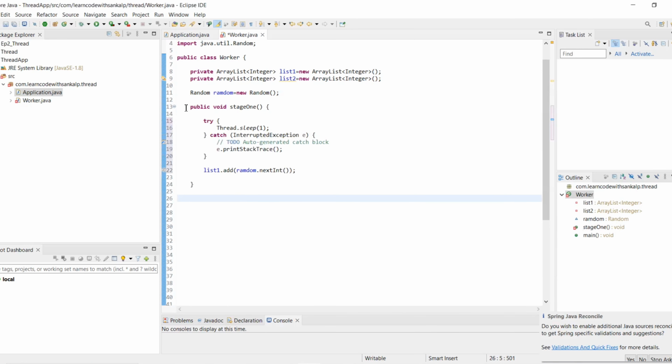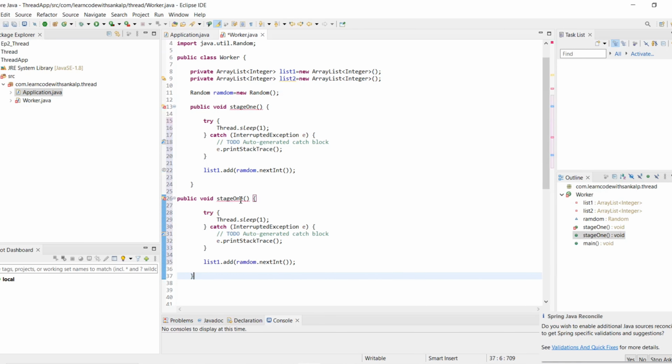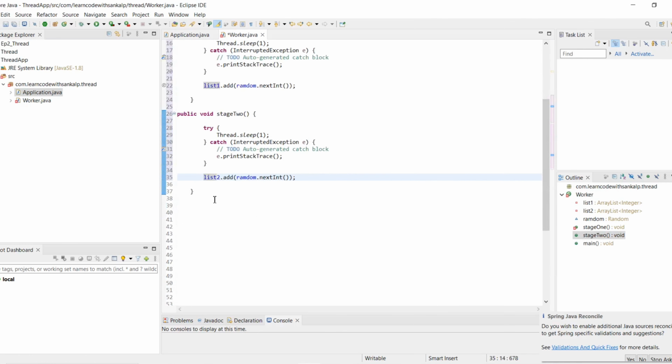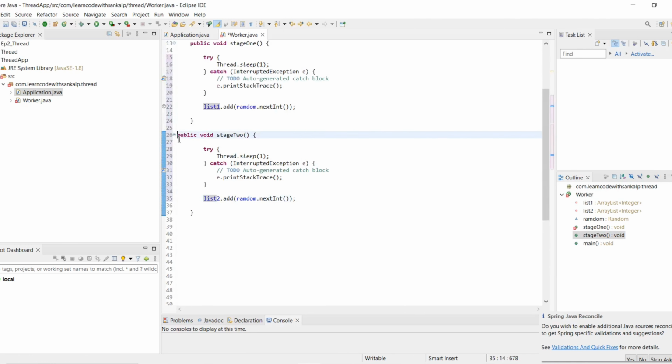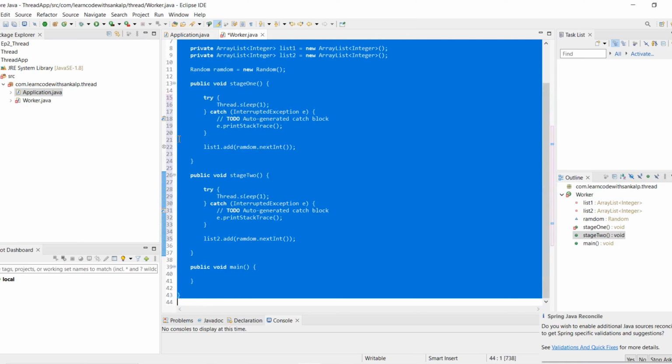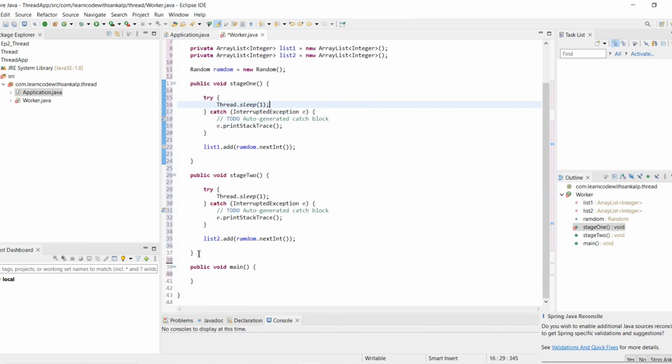Here we are creating another stage like stage2, and we are adding to list2. Then we format this code, and we add one process method. Inside the process method we are creating one for loop.